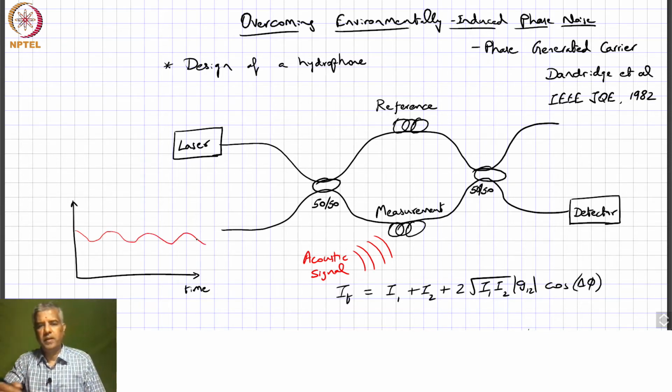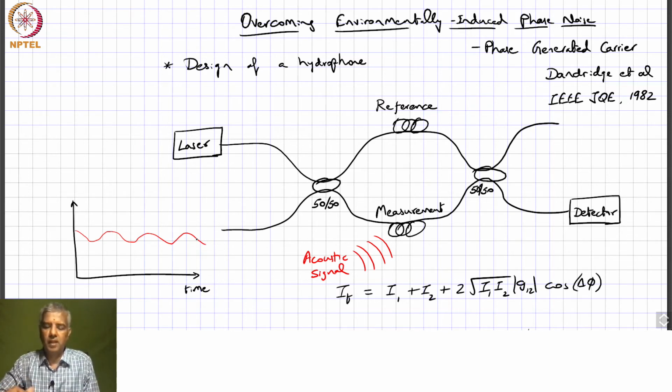It might have some periodic waveform, periodic changes in pressure. So, when that is impinging on the fiber coil, it is going to stretch and compress the coil periodically, and so that is going to change the refractive index of the fiber accordingly through the strain optic coefficient, and that change in the refractive index is going to give rise to a change in the